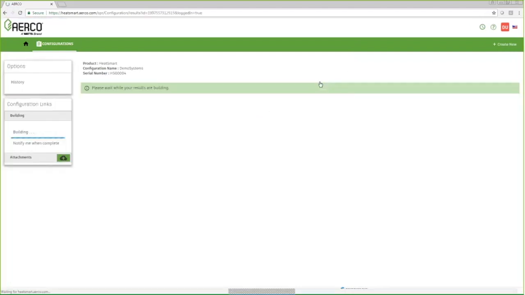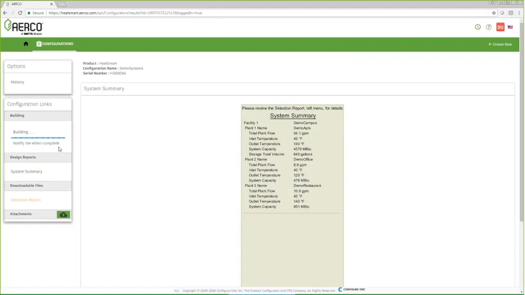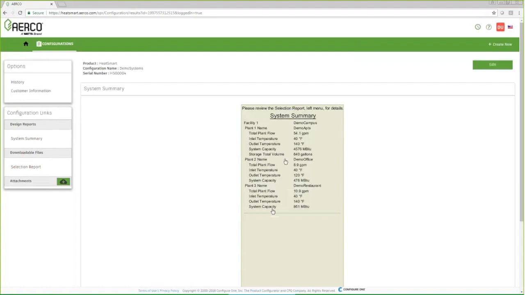Finally, we'll configure the final report, and what you'll notice over here in this tab is where the important things are happening. It's building up the report. If it's a very long report, you can hit notify, and you'll receive a notification when it's complete. The system summary is just an image. You can print this as well just by clicking on it. It's a quick summary of each plant, because that's how we're handling mechanical rooms. So each plant will be summarized here by what it was called, what the temperatures and the demands were, and finally the selection report